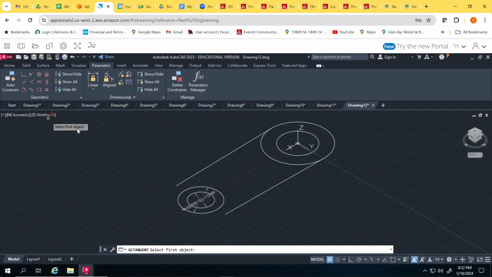So if I click on this curve line and this curve, it will reestablish tangency, but it didn't know to leave my circle in its location, so I hit undo. This here command is a fixed command. I'm going to select the circle so it's fixed. Now I'm going to try and go to tangent and tangent this line and this curve,